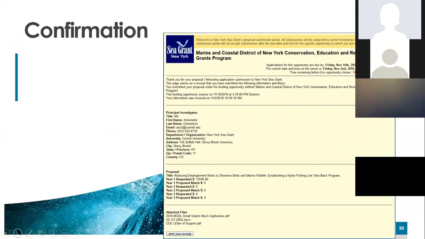You will get this page that gives you a confirmation summarizing all the information you put in previously. And you will also have a timestamp at the top showing what time you submitted, etc. And at the bottom, you have an option to print a copy of this information and keep it for your records.